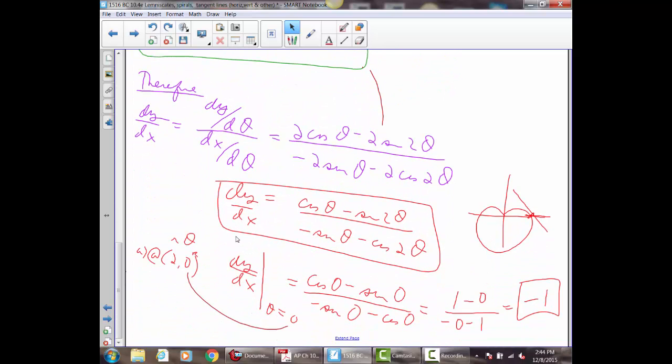The only thing is, oh yeah, it's in terms of theta. So at the point (2, 0), we're plugging in theta equals 0, and we will get negative 1, and it sure enough looks like